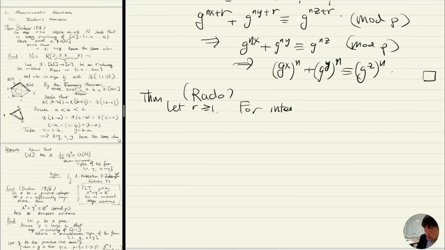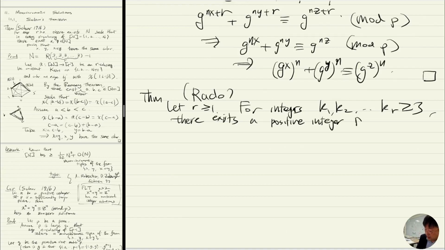For integers k1, k2, up to kr, there exists a positive integer n such that every r-coloring of the set of integers from 1 to n induces